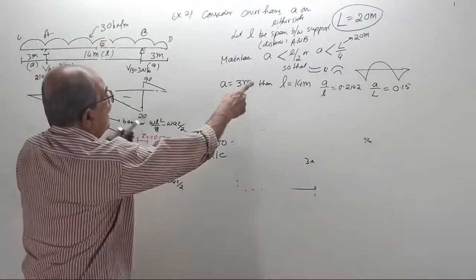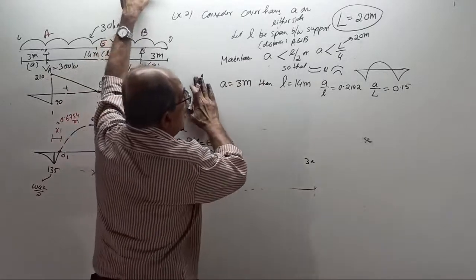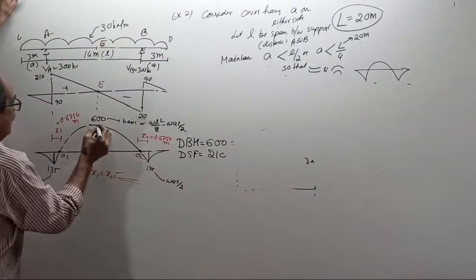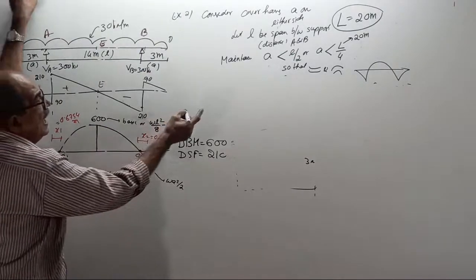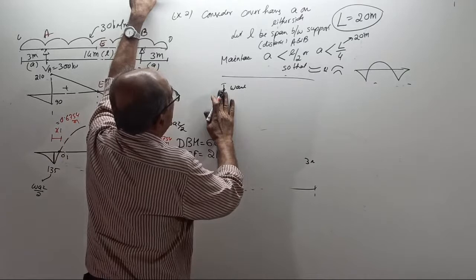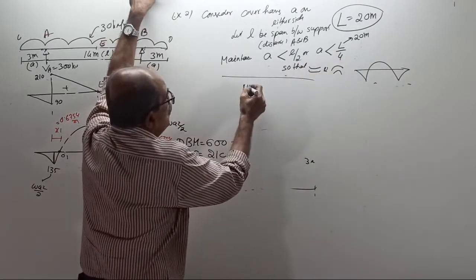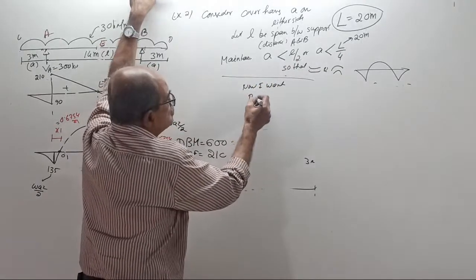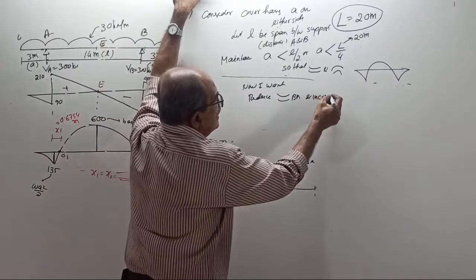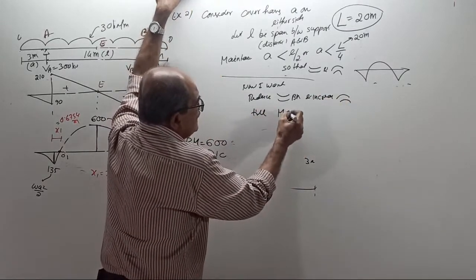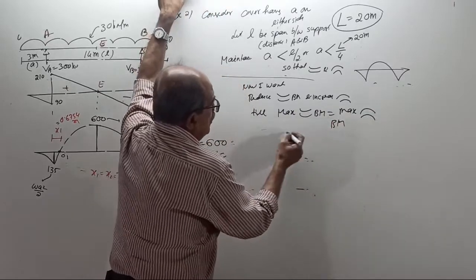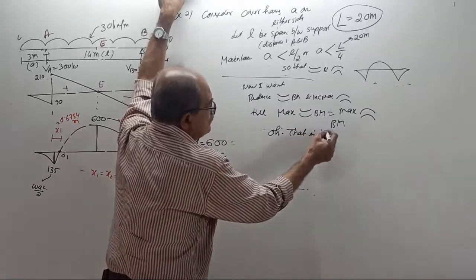Now I will go for it, look. Now it is not 3 meter, leave it. Now what do I want? I want to reduce the sagging BM, increase the hogging BM. Now it is not what I want, it is what you want. Maintain it still less than L/2. But now I want to reduce the sagging BM, because from 600 I want to reduce it and increase the hogging BM till the maximum sagging BM becomes equal to the maximum hogging BM. Oh, that is that special case